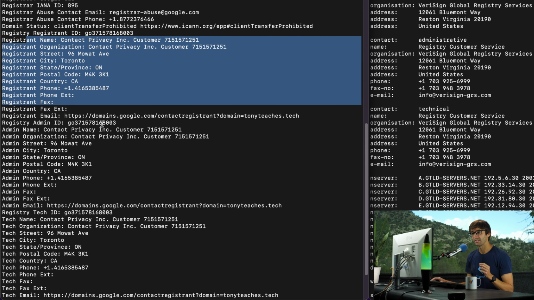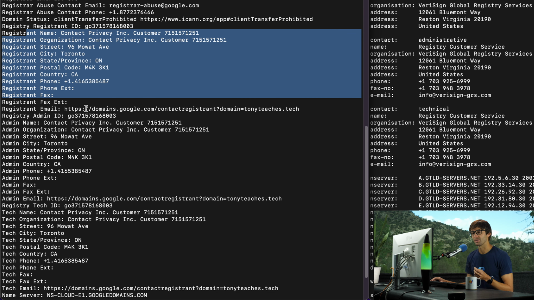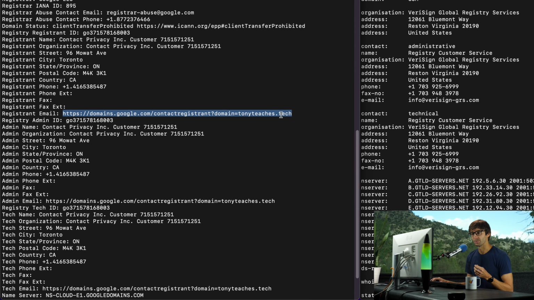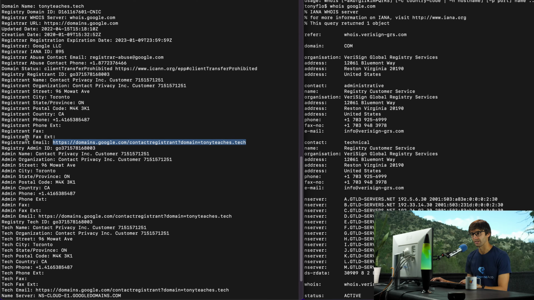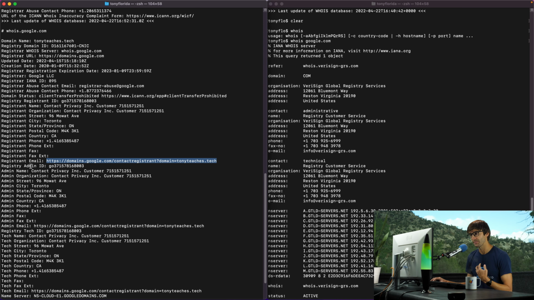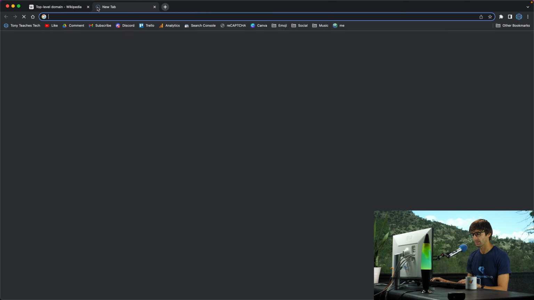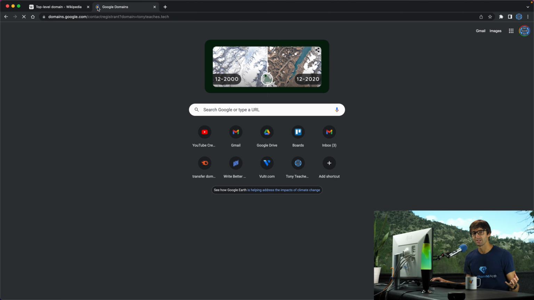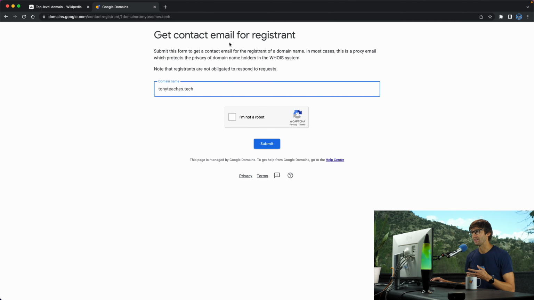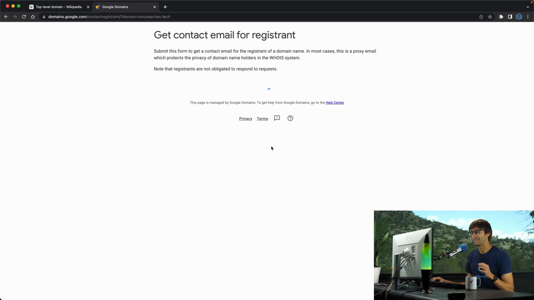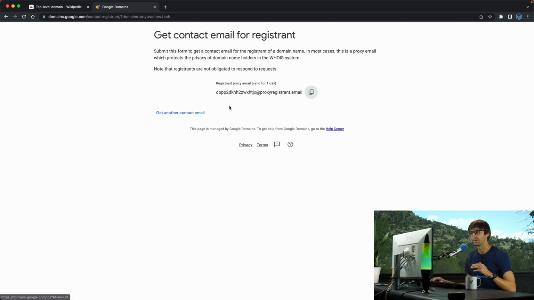The only kind of public information that is exposed, which it really isn't much, is this registrant email. So it's not my email. It just takes you to a contact form, and let me show you what that looks like. So I'm going to go here, open that up, and if you did want to get in touch with me, you can type the domain name in, and it already pre-filled it for you. Confirm that you're not a robot, submit, and then it's going to give you a contact form that will, actually